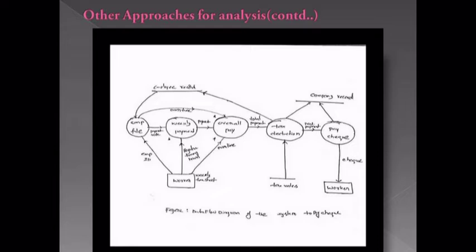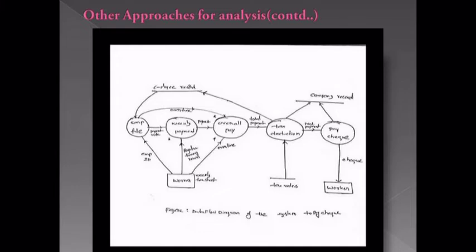Whatever you are seeing in the round circles is called a process. First we retrieve the information using the employee ID and the employee file, and we compute the weekly payment. Then the employee might have worked some extra time, and for this overtime we also compute the payment. The total amount is computed from regular hours as well as extra hours. This total amount is called the overall pay.